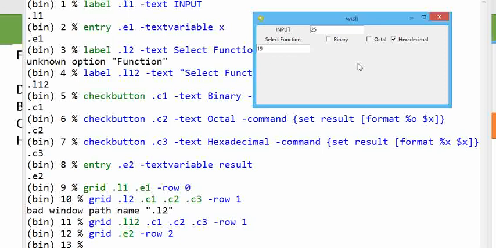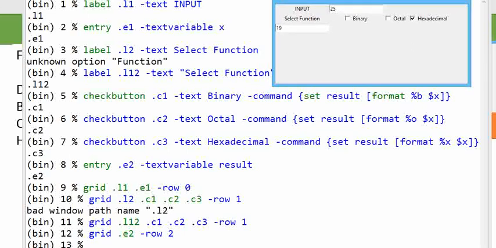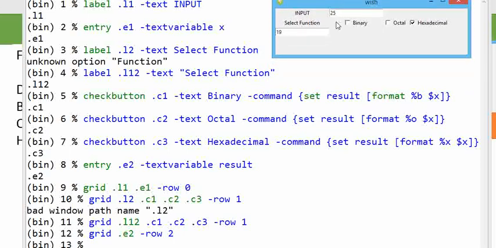Since in this case the GUI layout is not organized, because I have not given the column span, it automatically appeared in column 0. As I showed in our previous video, we can arrange it in grid .e2 by writing -columnspan 3. It will cover all three columns for a single entry box. So you can arrange it according to the requirement. This is one very interesting application of designing a GUI for number base conversion.